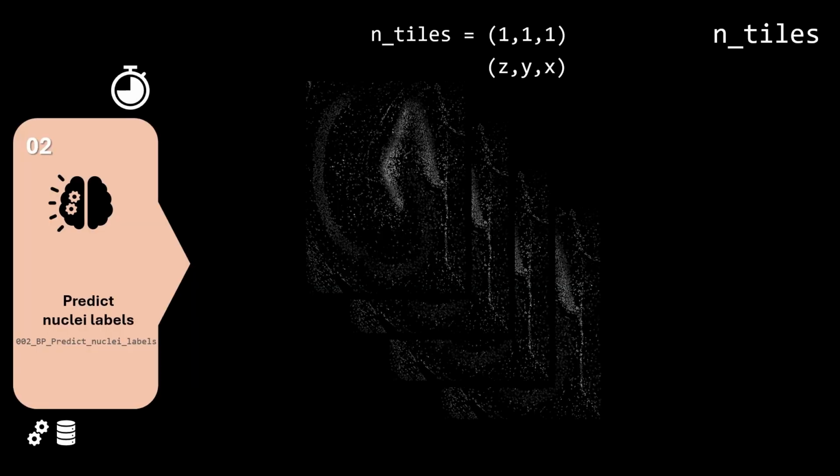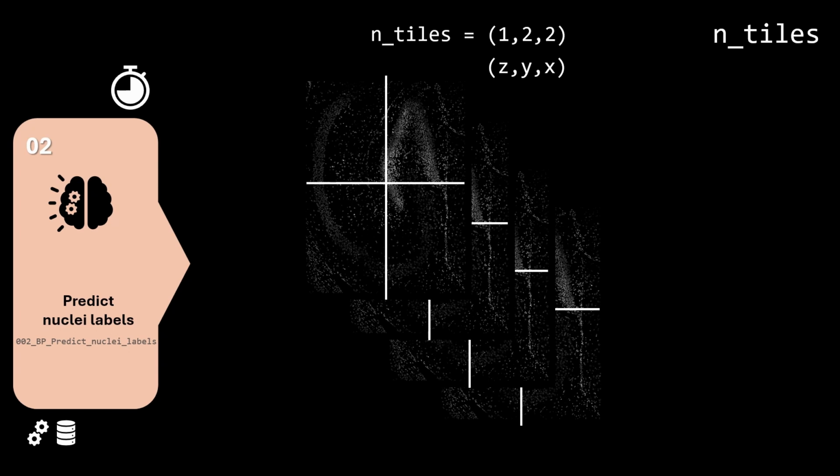Tiling is useful for large images that don't fit in GPU memory and cause out-of-memory errors. Ideally, use nTiles of 1,1,1 to process the entire image at once. However, this often requires trial and error. Start with nTiles of 1,2,2 or 1,4,4 and increase as needed until the image fits into the GPU VRAM. For example, let's look at the case of nTiles of 1,2,2. This means the image will be divided into one tile along the Z axis and